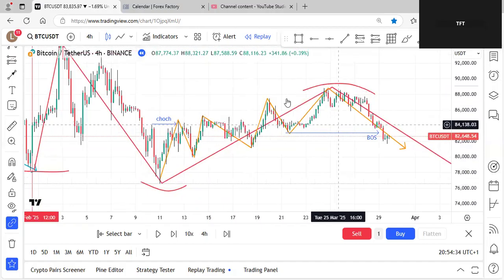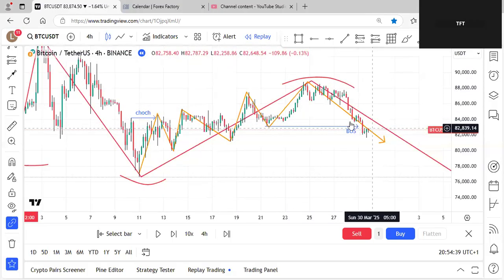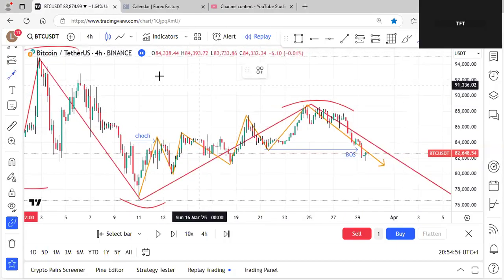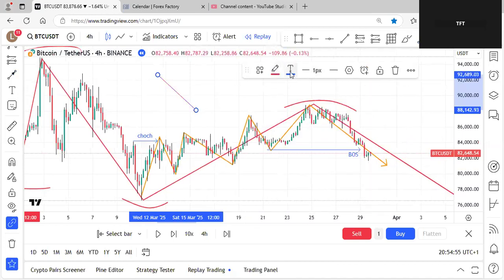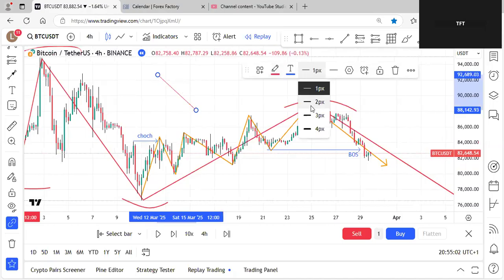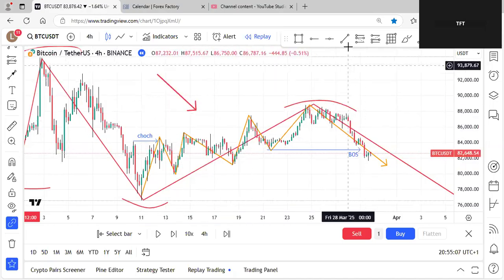But structure wise, because it's broken this low at this point here, this big red candle here is what causes the 15-minute to tell us that it's maybe turning bearish again. So at that point, let's turn that red. Add text. So 4 hour bearish, and at this point here,